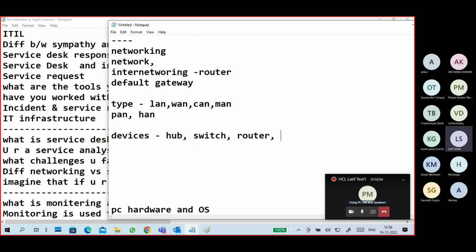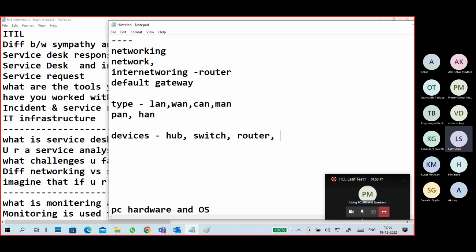Next important one is router. Router is used for both LAN and WAN communications. Okay, so router is an inter-networking device. It makes communication between different networks. Router understands logical addressing and routing protocols, and routed protocols.